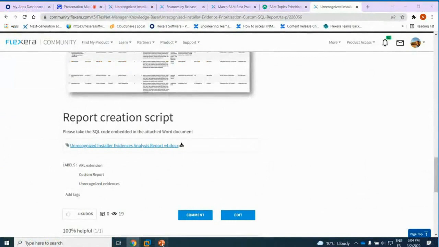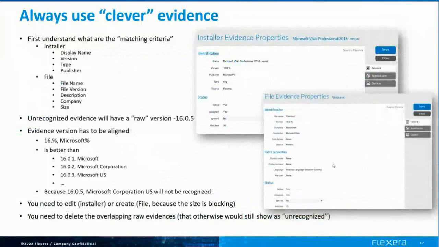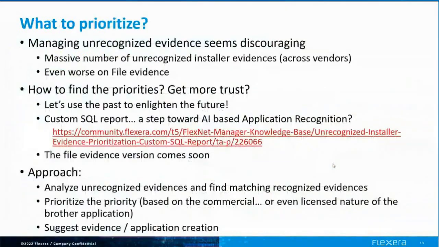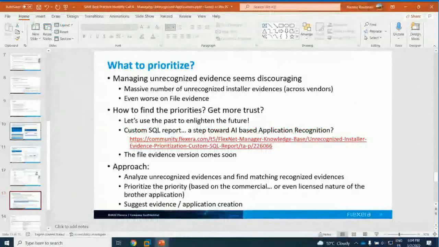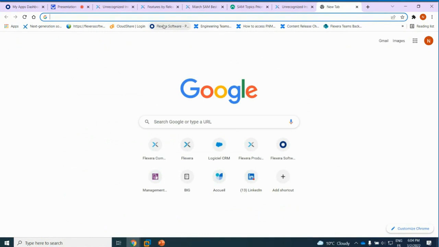Okay, so I've been a little bit longer than expected. Just finishing quickly. So that was a screenshot of the report. Yeah, you can go to the library to download this report. You will see there are other published solutions which could help you. Yeah, so in the community,